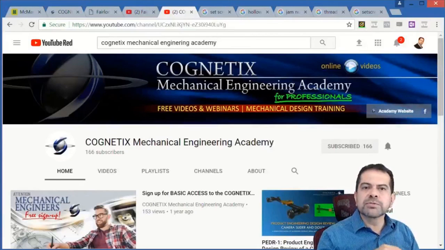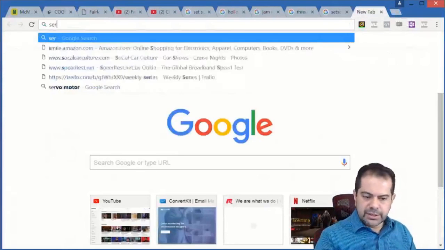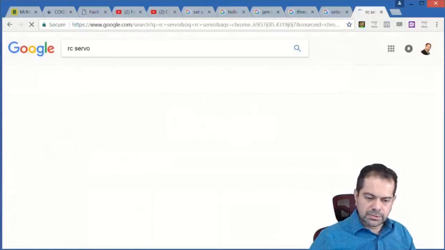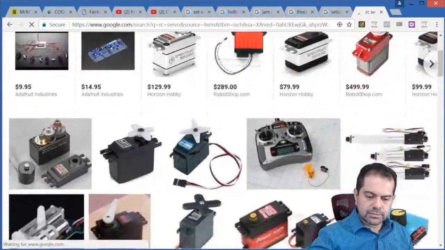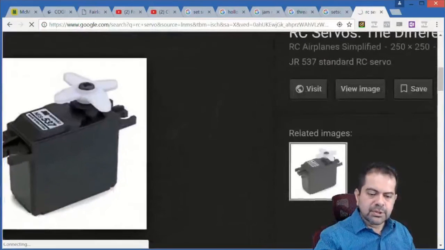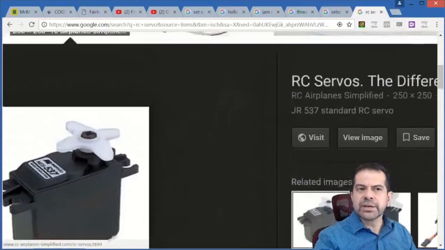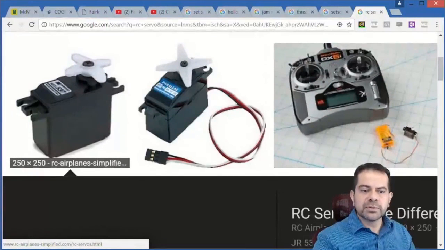When they talk about servos, they're talking about what's commercially available. Those servos, that's how they call them, are pulse width modulated. Let's see, RC servo. So these kinds of servos, a lot of people call them servos because they are, in a way, servos. So are you talking about that kind of a servo, or